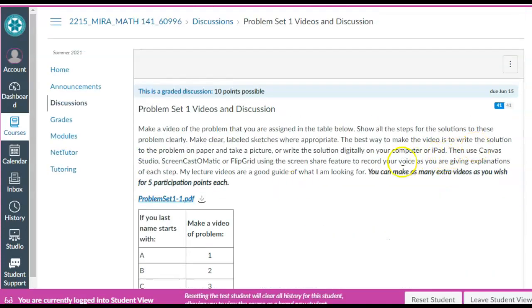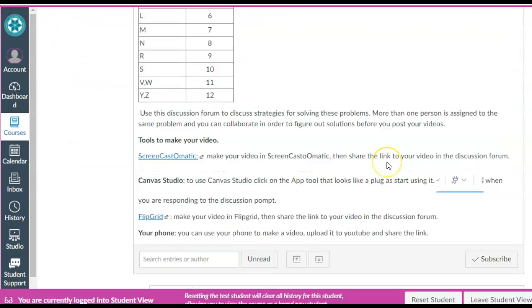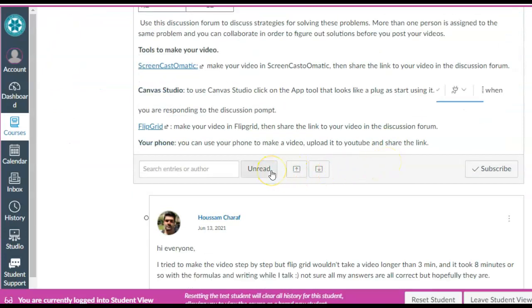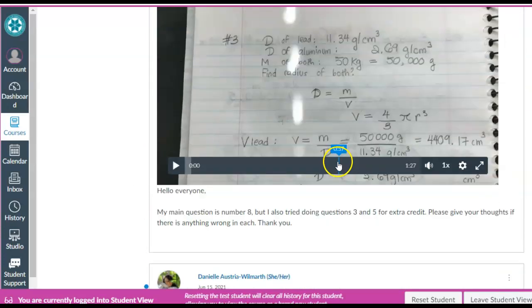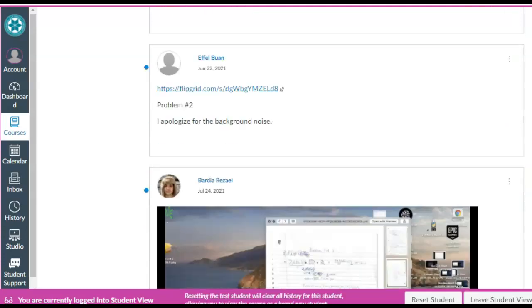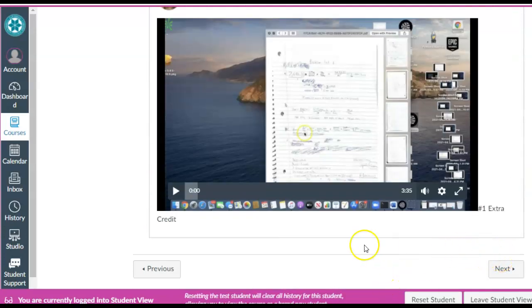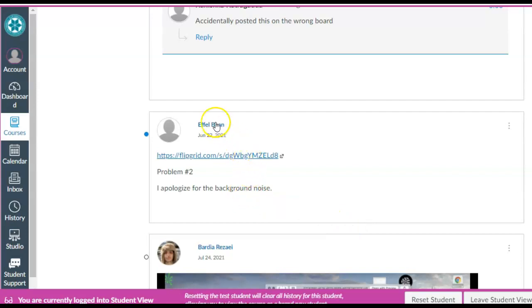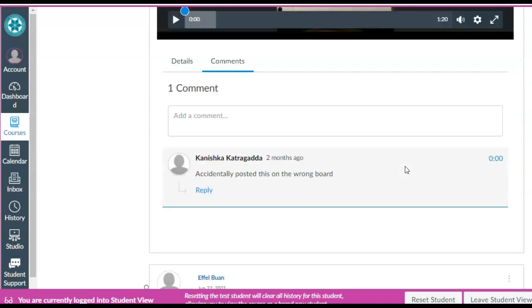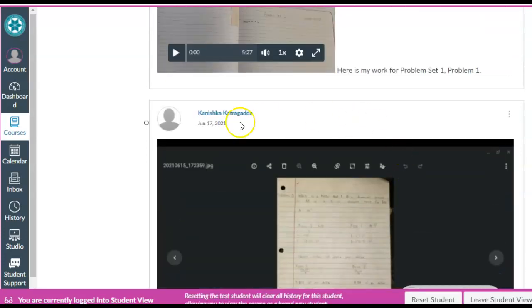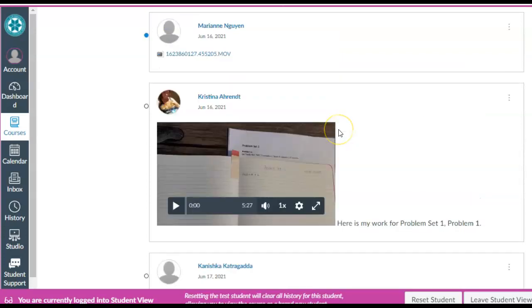Is it from a student view? I'm going to subscribe. I need to go at the bottom. I don't know how. Oops. I'm not sure. It's possible that it's closed because, oh, okay. Yeah, so here is a